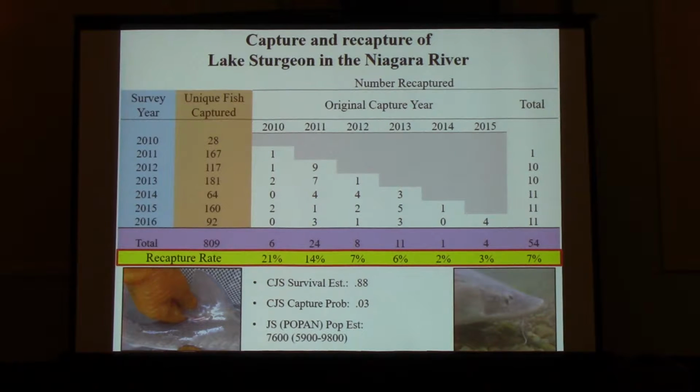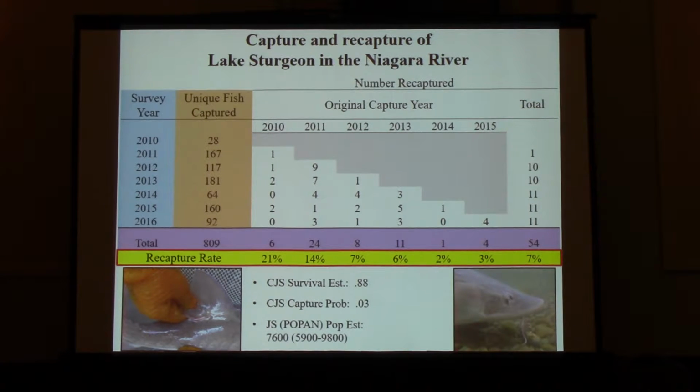We had 809 fish totally collected with 54 recaps. If you look at that as a whole, that's a 7% recapture rate. You hear that a lot in sturgeon literature. You don't get a lot of recaptures. But if you start looking from the right to the left, you see that this is increasing. The more cumulative years that we have to catch these fish, the higher our recapture percentages on that group of initially